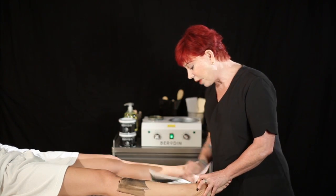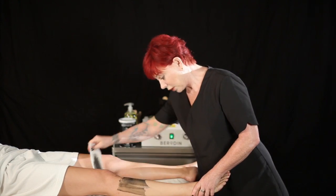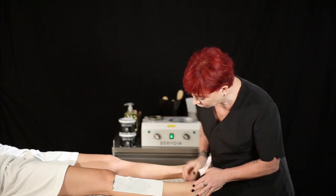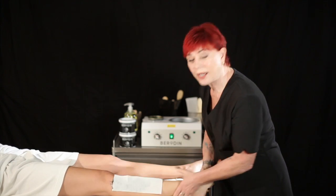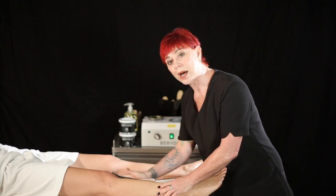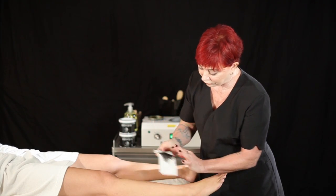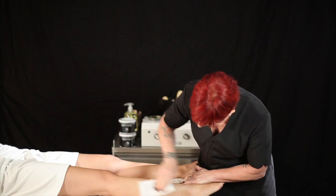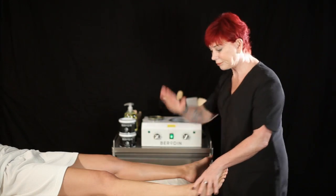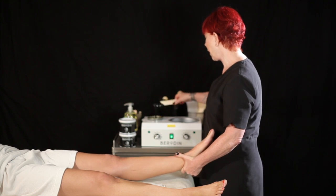Now, notice that I'm not really holding the skin tight. I know that some of you watching this will be in school, be new to waxing, and we are taught in school to do this. It is not necessary for the bottom of the leg to do that. The skin is quite firm on the bottom of the leg, so you really don't have to go through and do that. So, when you get there, you flip it over, and if there's any little bits, treat it like it's a strip. No pit-patting. None of that. And here we go, lift up the leg, get my wax,